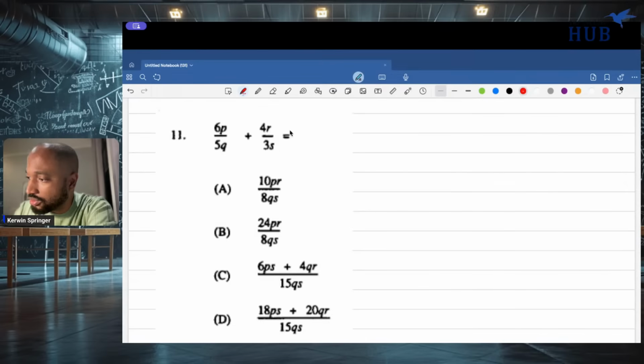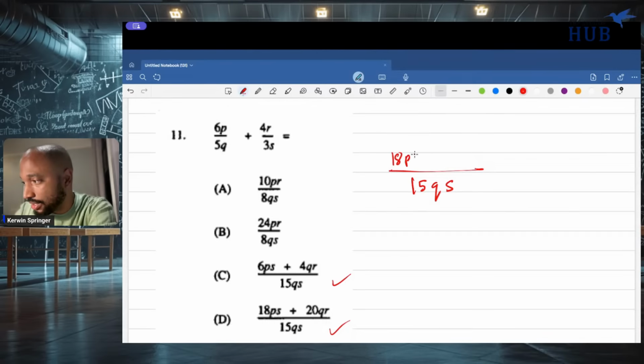6P, 5Q, 4R, 3S. So 15QS. 15QS is what we're looking at. We're looking at a nice 15QS as the LCM here. And that's either you or you. I thought I would be able to get the answer one time. 5Q into this is 3S. So 3S by this is 18. 3 by 6 is 18, not 2 by 6. Last time I said that. 3 by 6 is 18PS, right? Plus, 3S into this is 5Q, so you end up with 20QR. So D